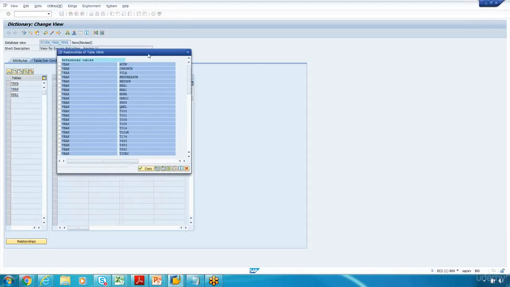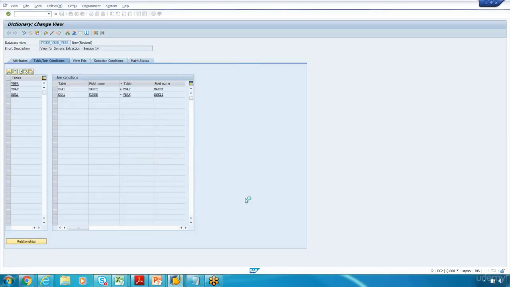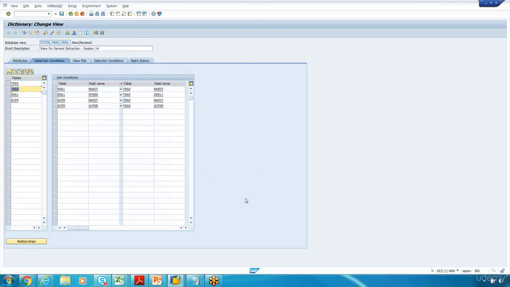It depends on what you are selecting, and it's all about the reference table and how the data has been loaded. Even if you don't know, you can always take it off as well. Basically this is how the join condition is being done. Let's take this also. We don't need this one. I'm doing this by heart because I know this already, but you might have to learn the table